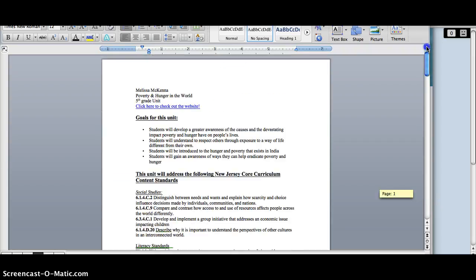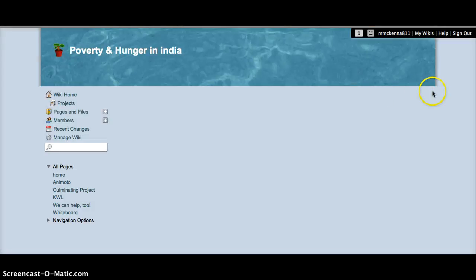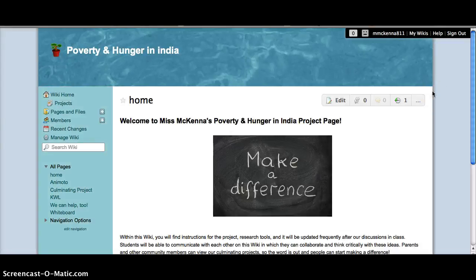And what I've done is at the top of this, it says click here to check out my website. So when you click here, you will be brought to my website. And this is taking a little longer. There it is. And here it is. Okay, so I've created this wiki space for students to engage and look at home,